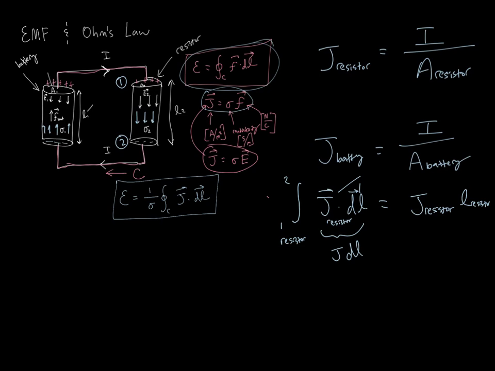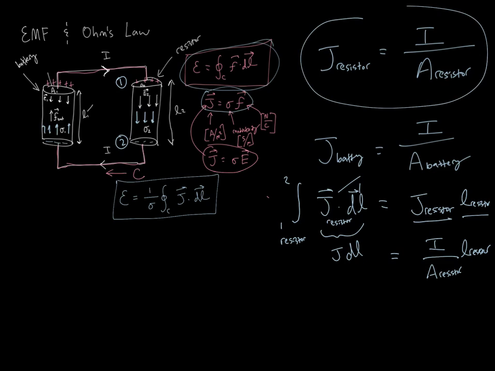And then because J is uniform throughout the resistor, because we're not assuming that the cross-sectional area changes, when you take this line integral of J dl, it just becomes J times the total length. And then we can rewrite this as I over A, the cross-sectional area of the resistor, times the length of the resistor. Now, how did we get that? That was from this equation up here. Substituted it. So with these simplifying assumptions, we can rewrite our equation for the EMF as